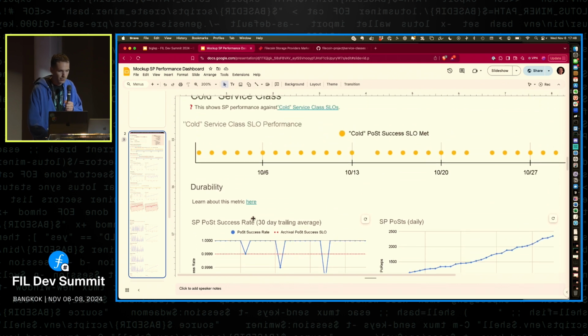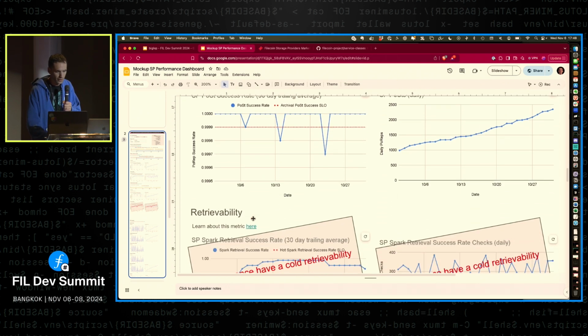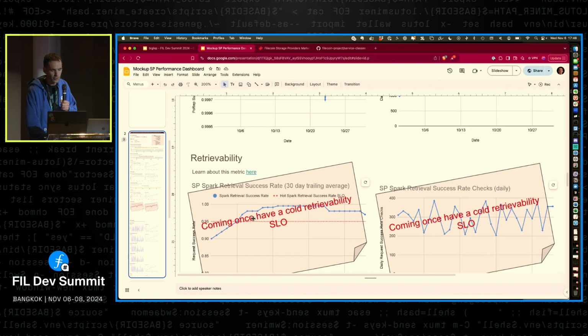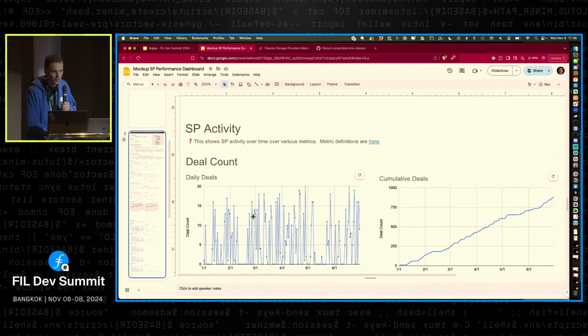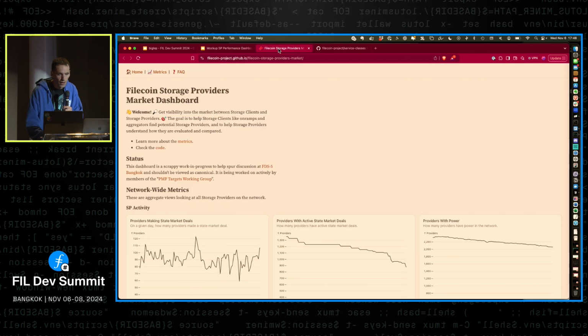And again, we would show multiple service classes. So now I'm into the cold, and then also have additional graphs about just what's the general activity of this SP, etc. So that was what we sketched out, and this working group was trying to see, okay, can we actually start building some of this and create a framework in place where we would define these things, so we'd have something to iterate on. So you can check this out now. It's